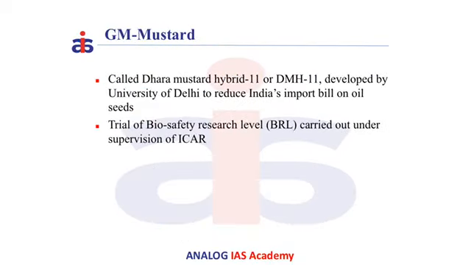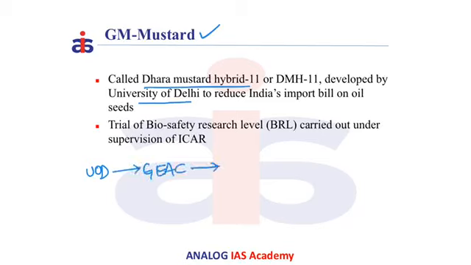Now let us look into the crop. One is GM mustard. It is also called Dhara Mustard Hybrid 11 or DMH11, developed by the University of Delhi to reduce India's oil import bill on oilseeds. The trial of GM mustard was initially submitted by the University of Delhi to the GEAC, which approved it for